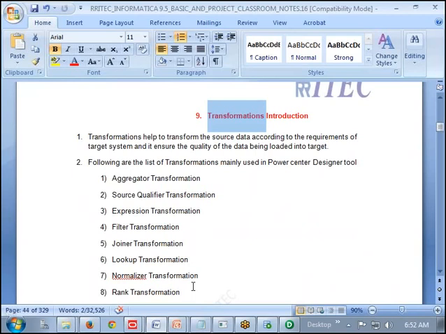What do you mean by transformation? That is a simple definition, right? One form to another form. Suppose I have three source systems, three applications. In one application, the drop down has gender as M and F. In another application, we have the gender as MALE, male, FEMALE, female.